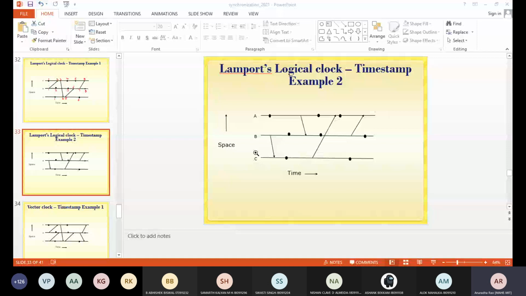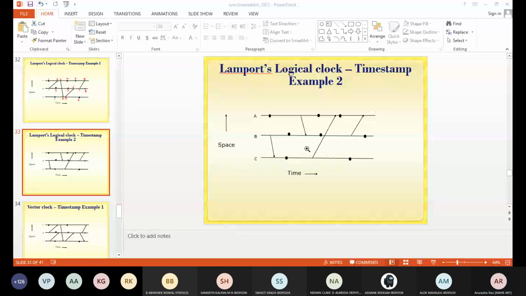Yes, Yatin, the timestamps are correct only for the first process. After 5, you have given 6, and the last timestamp should be, because when it is piggybacked, it becomes 6, 6 plus 1, 7.